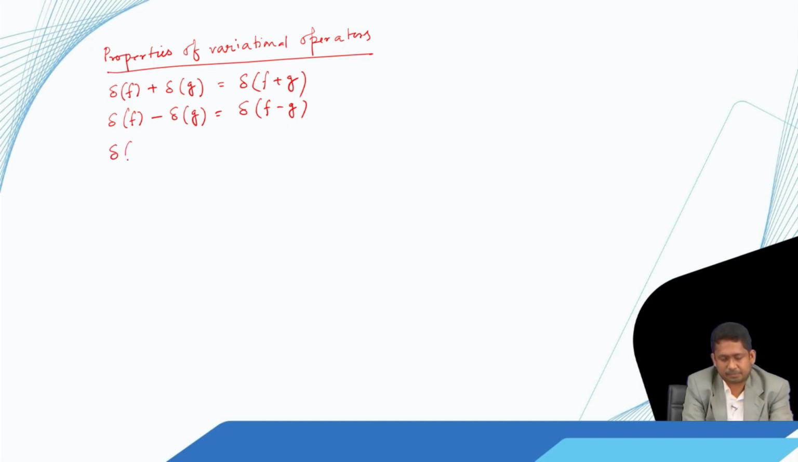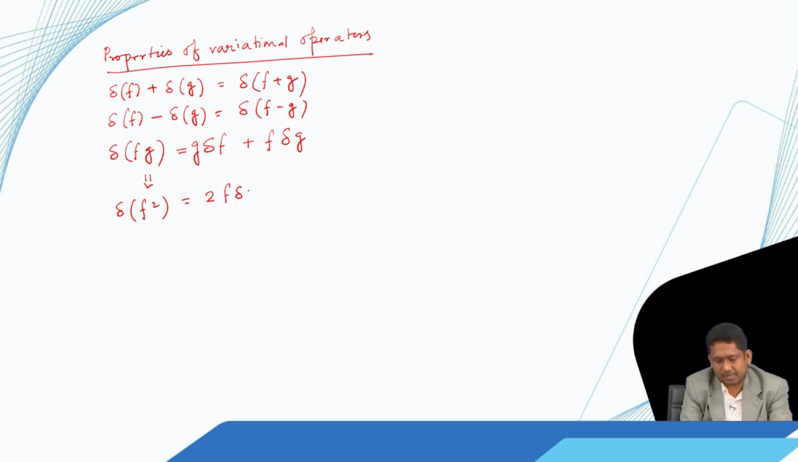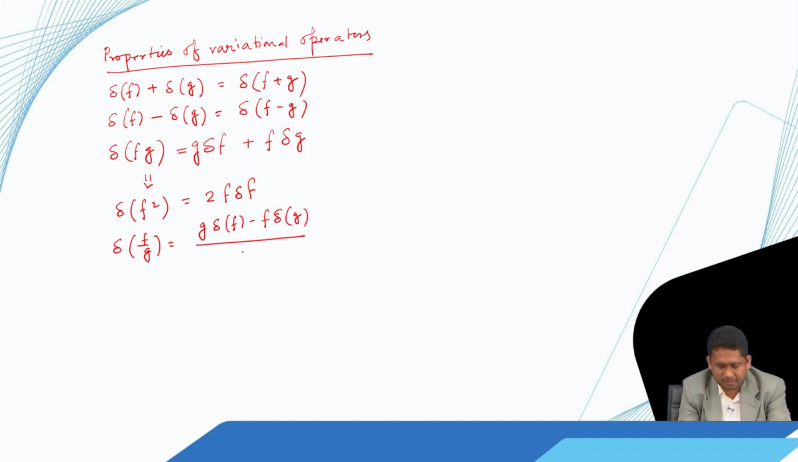and then if I have two functions f and g multiplied and I take their variation, that is equal to variation of f multiplied by g plus f multiplied by variation of g, and from this we can write, if f is equal to g, then delta of f square is equal to twice f delta f, and then if I divide f by g and take variation, that is equal to g into variation of f minus f into variation of g, divided by g square,